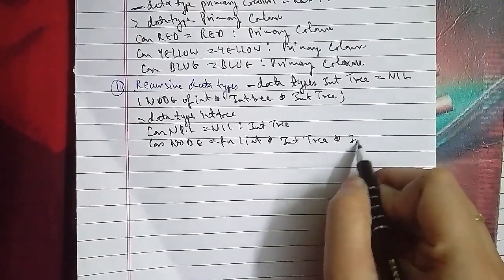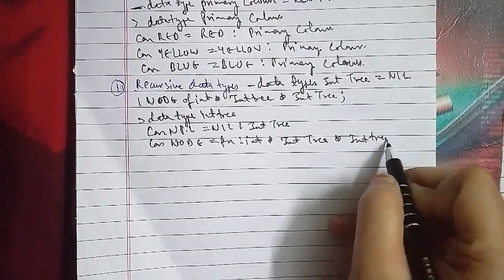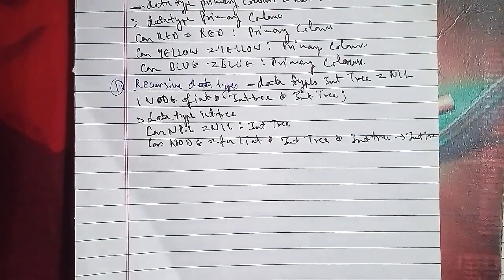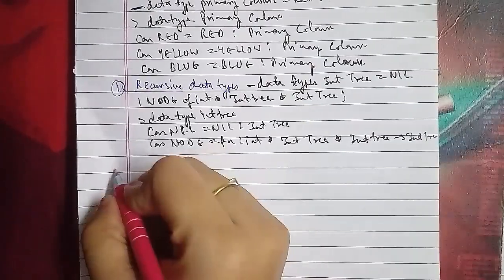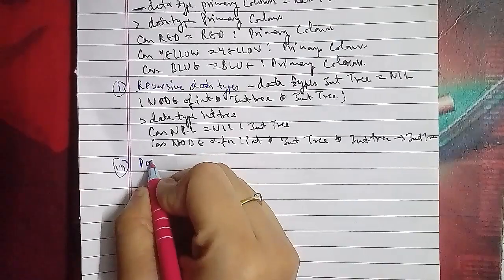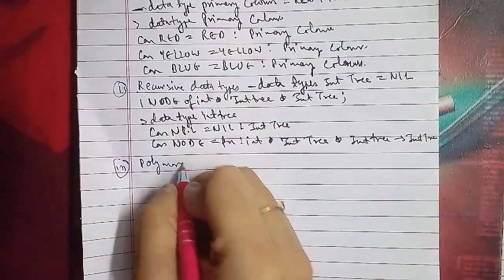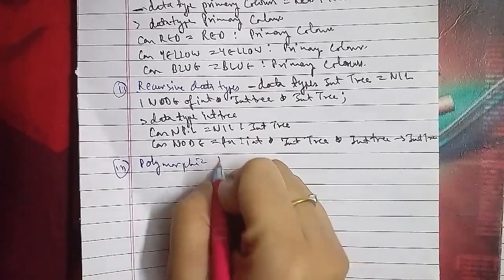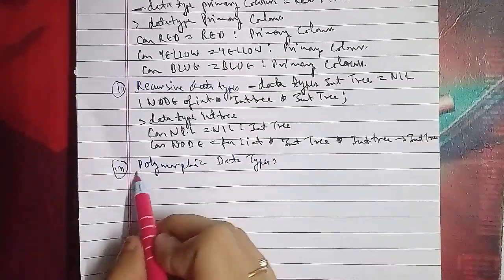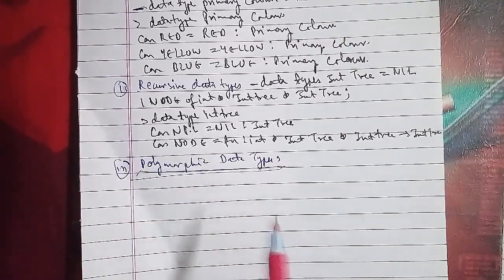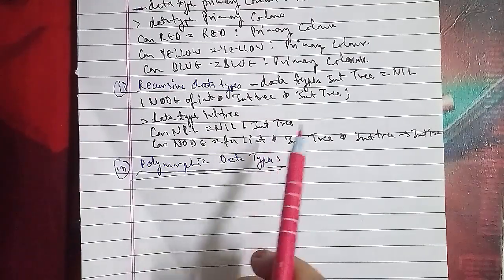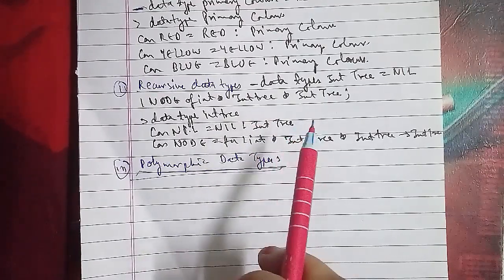The third one we have here is polymorphic data types. These data types are used when the basic structures remain the same, with little differences in the type variable. For example, in the definition of an int tree, the int component can be of any type using a type variable. That is the general type of a binary tree, and it has been represented in the form of